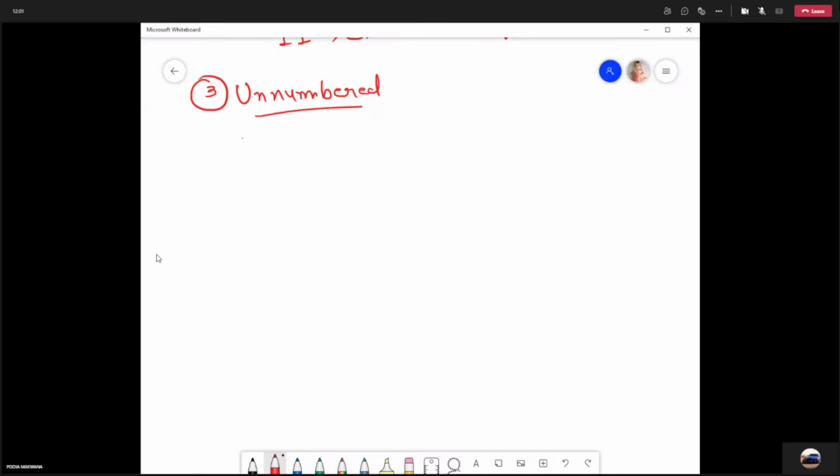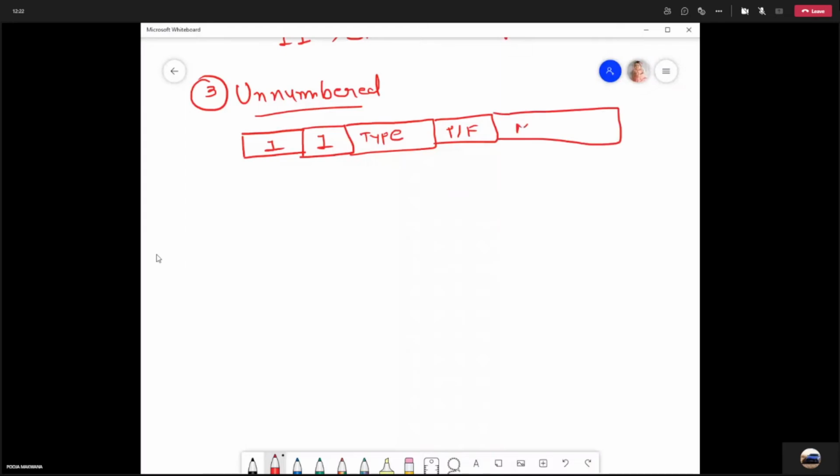So if we look at the control field of the unnumbered frame, the first bit is set to 1, the second bit is set to 1, right? Then we have the type field, and then we have the poll/final bit, and then we have the modifier. Right. So this is different than other frames. In other frames, you have the next field, right? And here we have the modifier, right? So the size of these fields: this is 1 bit, this is 1 bit, this is 2 bits, this is 1 bit, and again this is a 3-bit field, right?